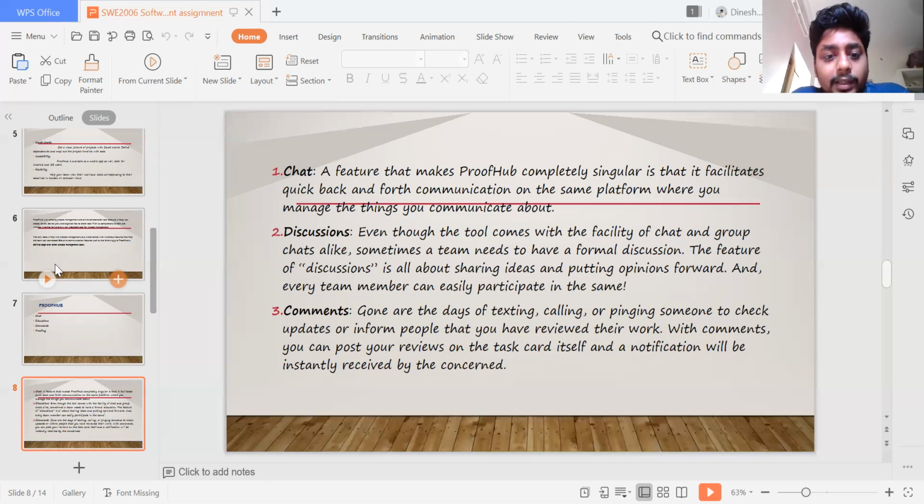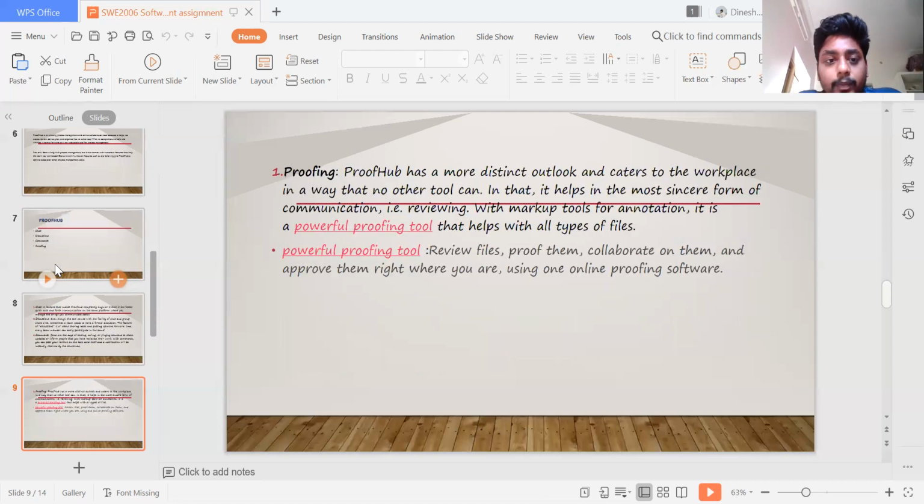Like comments, these days instead of texting or calling someone to check updates, you can review their work with comments. You can post your reviews on the task card itself, and a notification will be instantly received by the assignee. And proofing: ProofHub has a more distinct outlook and caters to workplaces in a way that no other tool can.